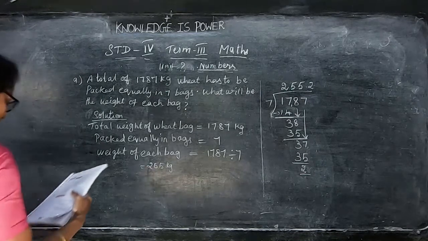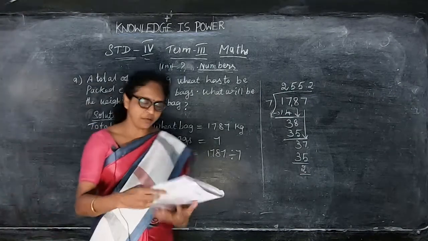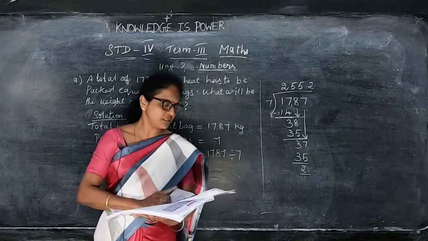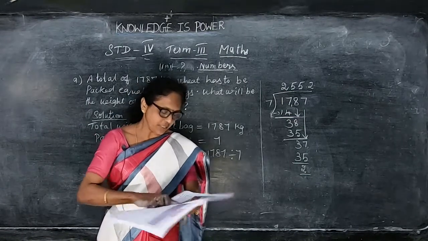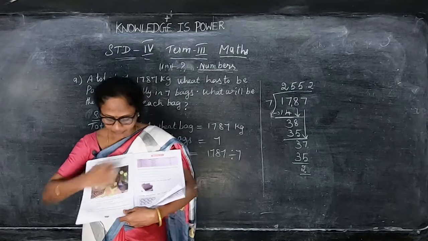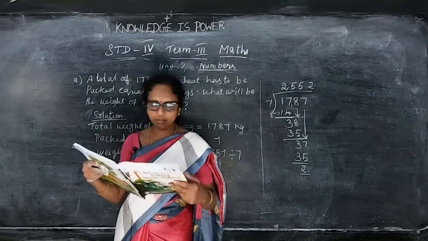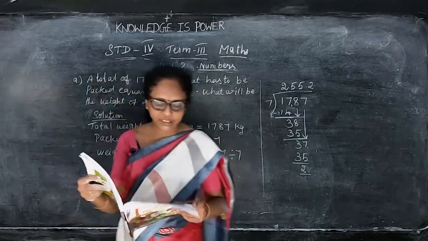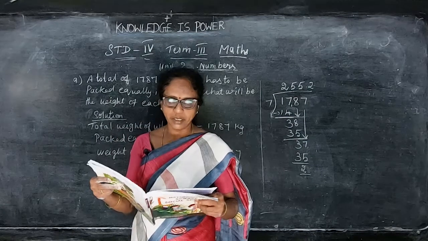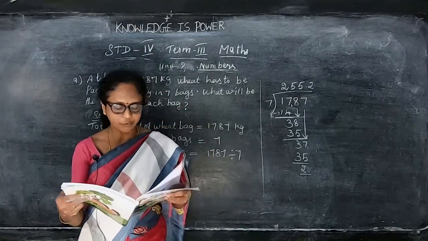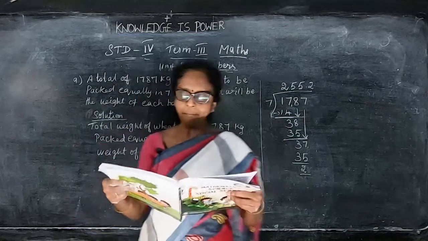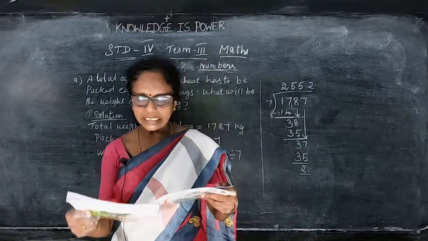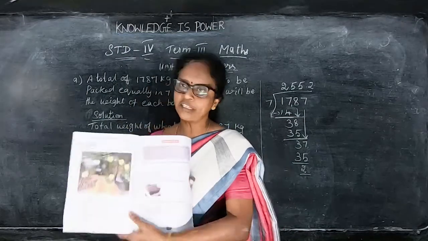So these are the problems we have seen. And now the next one is to frame the word problems. They have given the picture here. They have framed the questions from a fruit shop. They have given the price of the Simla apple 250, Poovan banana rupees 90, Mutti apple rupees 180, Payan banana rupees 140, and green banana rupees 100. We have to frame the questions for this.